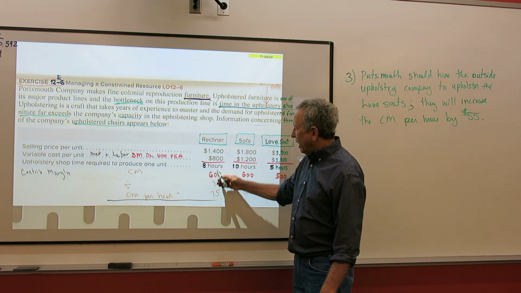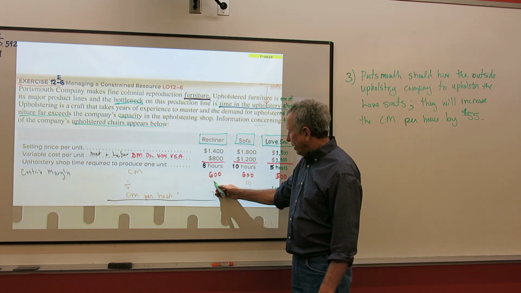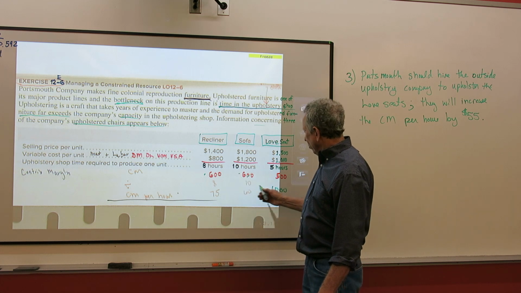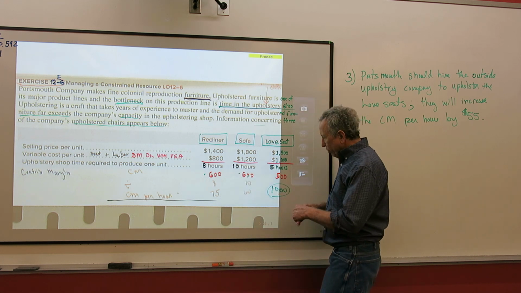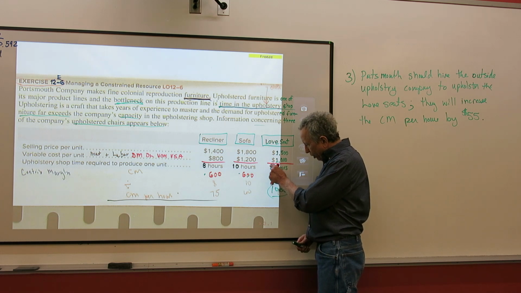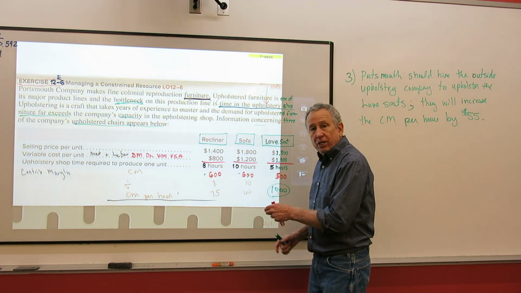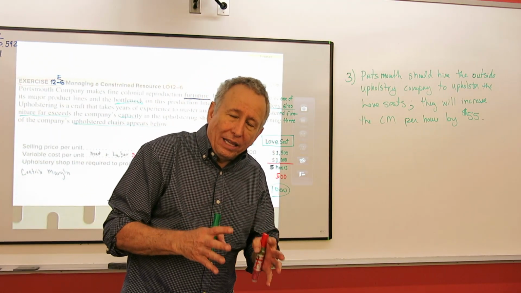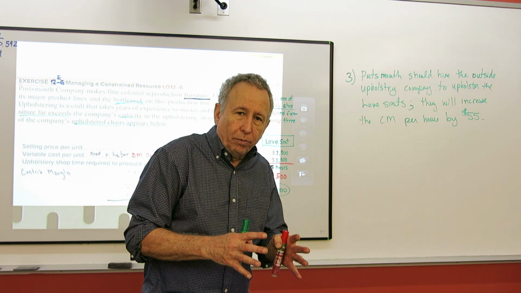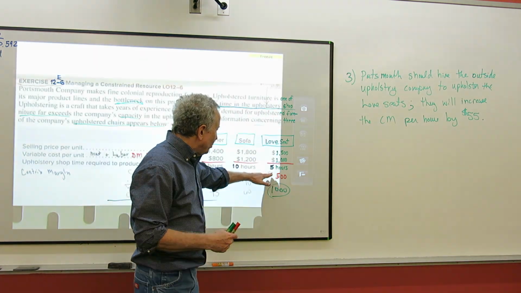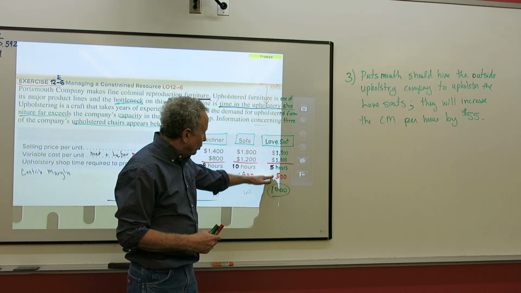How many recliners can you make in 10 hours? You can only make 1. So you can make 600, or you can make 1,000. Well, you're going to make your least profit making the love seat, because you can make 2 love seats in 10 hours. Do you see again, once again, profitability is relative to your constraint. Profitability is relative to your constraint. In this case, your constraint, again, determines,